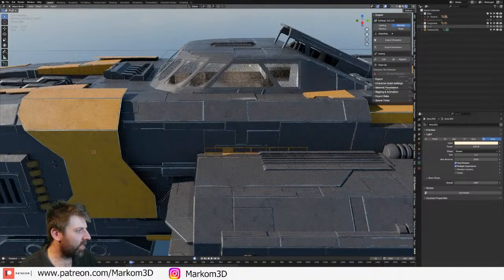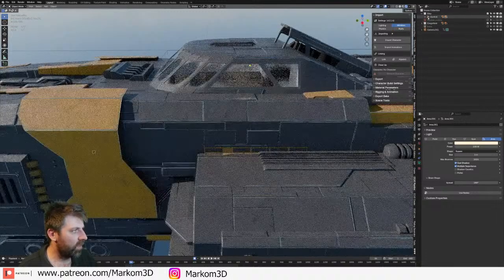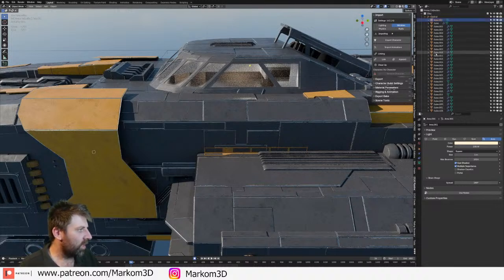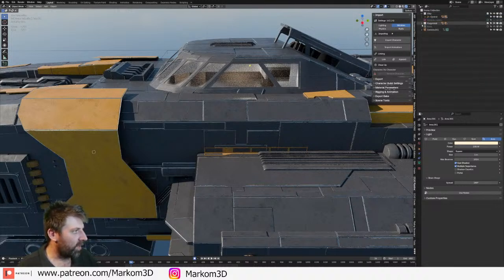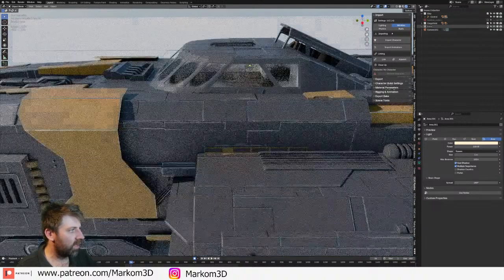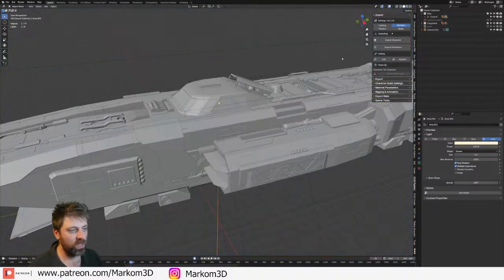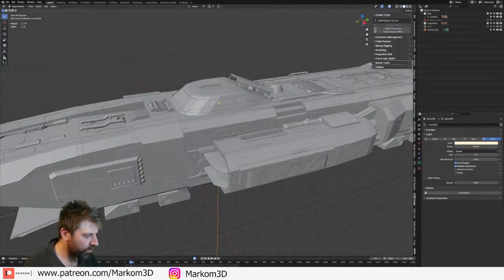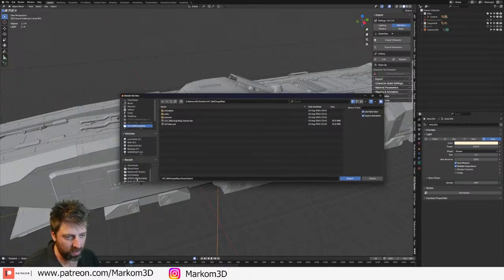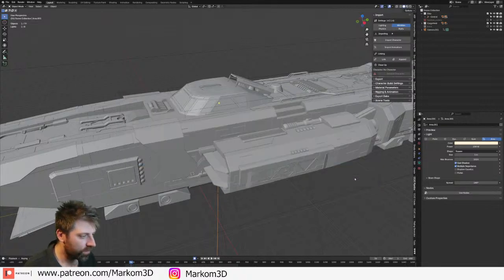But yes, I am liking this. Now, I should have a character somewhere. Is he still in here, or did I delete him? I think there's a good chance I might have deleted him. Yeah. Okay, we'll bring back the character in a sec. Boolean cutters, what are they? That's that. And yeah, I don't have a character in here. So, first up, we need to bring in a character. Shift-S, cursor to world origin. And then we'll dump him in, just so we've kind of got scale in this scene. So, import a character. Go down into temp, CC4 testing. And we import our main man. There we go.